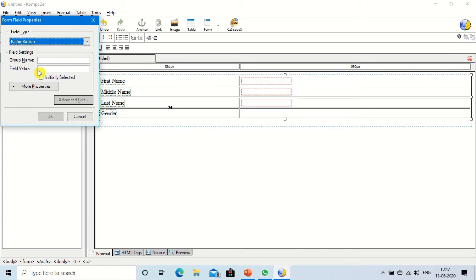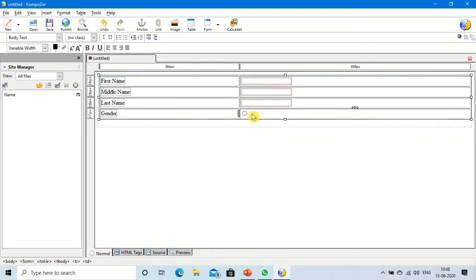As we know, the radio button allows us to select only one option at a time. So the group name will be the same. Here I am giving RDGEN. This will be the same for the male also. Here we are going to create the female first, then male. And for the field value, I want to give F, that is for female, or you can give female also. Now insert a label for female, so that we will understand which one is for the female and which one is for the male. Write here, female.